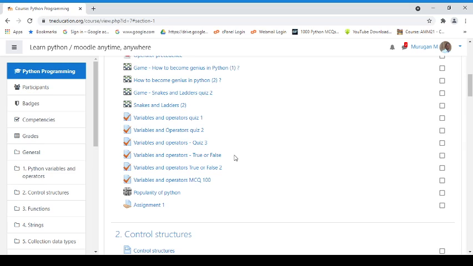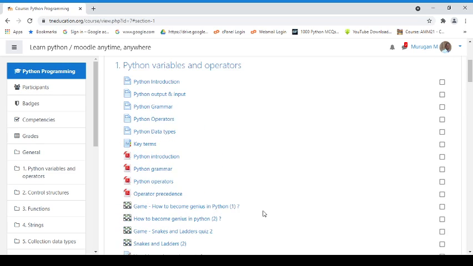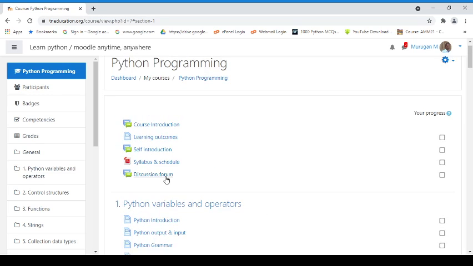To test your knowledge, the assignment will also be given. You have to submit the assignment in the specified form. The specified form may be JPG form or document. If you have any doubts, you have to post the doubt in the discussion forum.